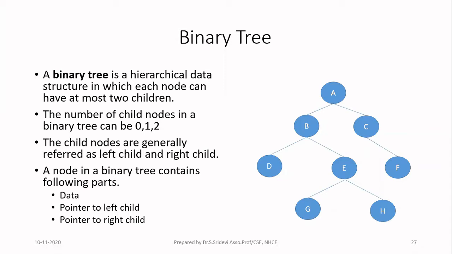The reason is this: A can be represented as the value field of your doubly linked list. In a doubly linked list, we have two pointers, one in the left direction and another in the right direction. So you can make those two pointers point to node B and node C. So a binary tree is represented by means of a doubly linked list. A node in a binary tree contains the following parts: first the data part, then a pointer to the left child and a pointer to the right child. Pointers are nothing but the address of that particular child.